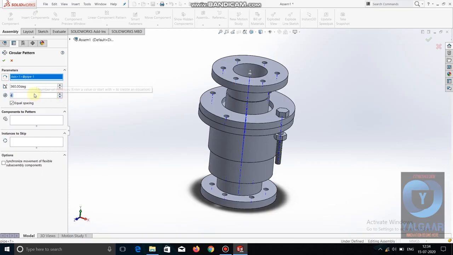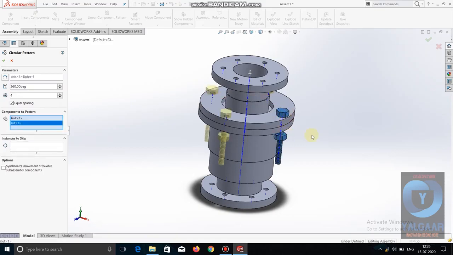So we have to increase the number of instances. So there are 4 bolts and 4 nuts. So the components to pattern are bolt and nut.